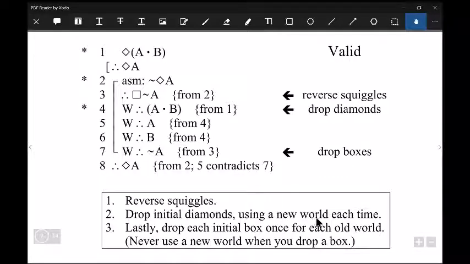Drop initial diamonds using a new world each time. So you have possible A and B, therefore in possible world W, A and B. And then you simplify this. And lastly, drop each initial box once for each old world. Here you just have W. So the initial box, every world has not A, therefore W has not A. You get a contradiction, you prove it valid. And there you go. That's our first